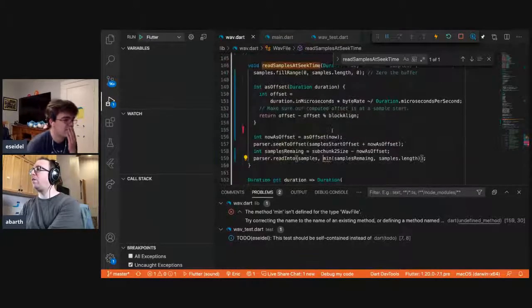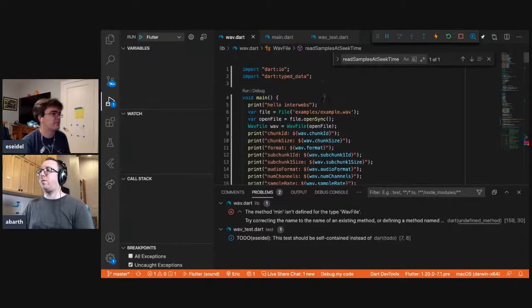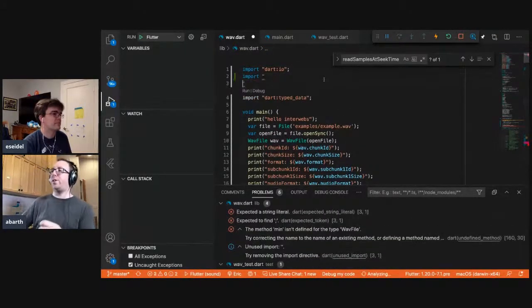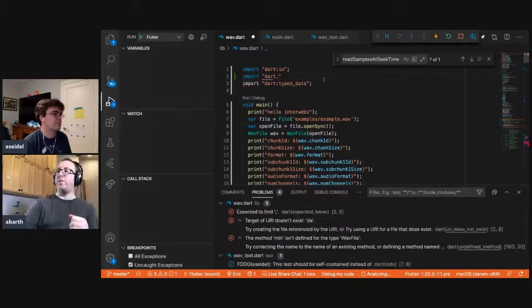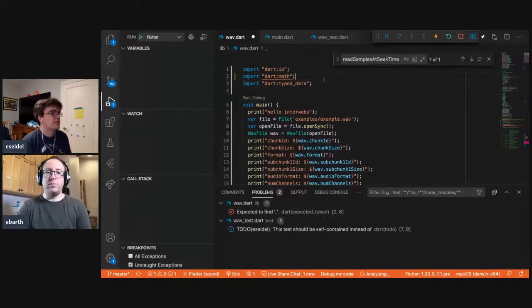One of the funny things about Dart is because it was created in the last decade, it actually put everything on the objects. It looks like in Dart.math there's a function called min, and I just have to import Dart.math. It's a generic function that will work both for integers and for doubles. Good.